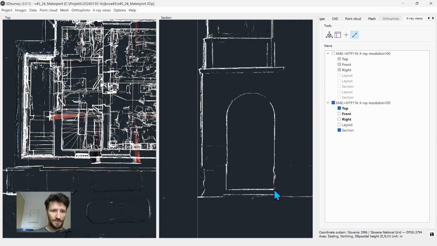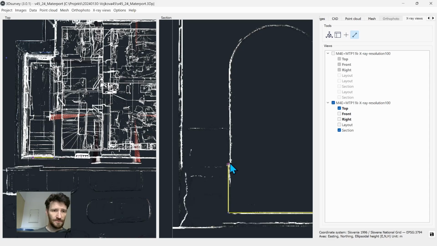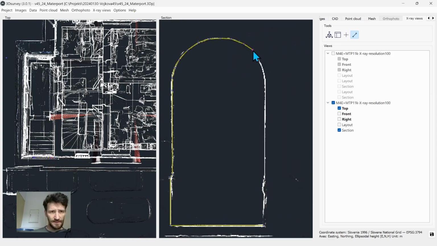Let's say I want to vectorize this door. Okay, just click here and I go around. You'll be using the currently active layer, so you can see I pre-prepared a layer with specific color and a line weight. When I go around like this,